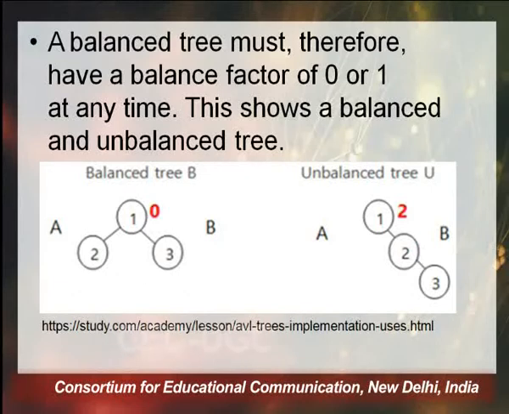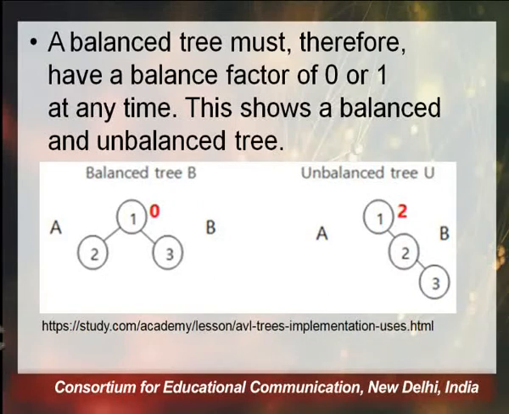And coming to the next side of the figure, here it is given an unbalanced tree. That unbalanced tree is having 1, 2, 3 all the nodes on the right hand side. So you can say it is a kind of skewed binary tree, which I was talking about just 2 minutes before. And being a skewed binary tree, if we talk about the balance factor of the node 1, that is going to be 2, because there are 2 nodes on the right hand side and we don't have any node on the left hand side. So 2 minus 0, or 0 minus 2 taking absolute, is coming to 2.